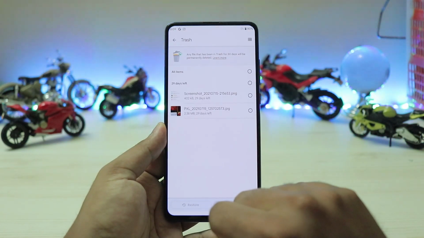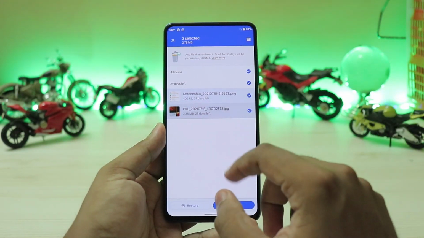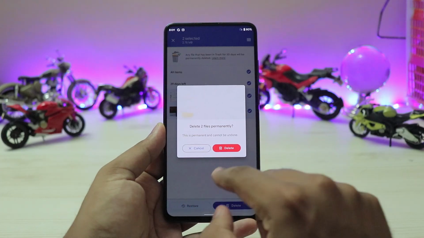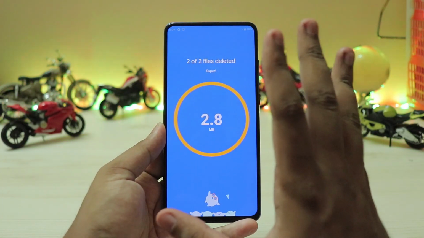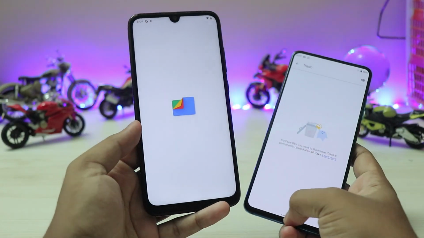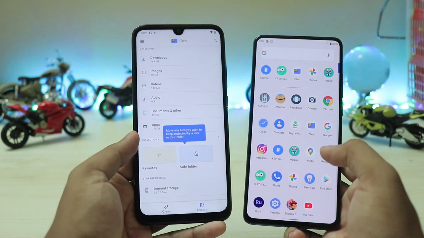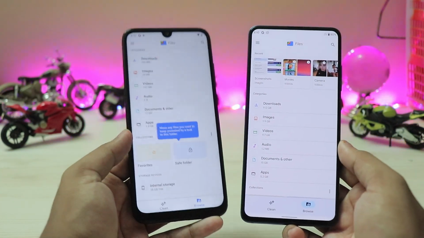Again, a little small detail that we missed right over here, which would be the storage. Now if you just go here, you have the trash option for the Google Files app. Now you can just dismiss whatever you want to delete or restore right over here. Again, it's a complete Files integration, and I guess the UI has been improved for it. Files app in beta 2.1 and Files app in beta 3. Again, as you can see, the trash was open because it's an integrated one.